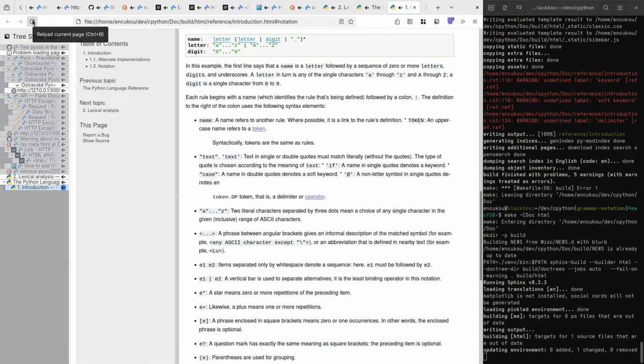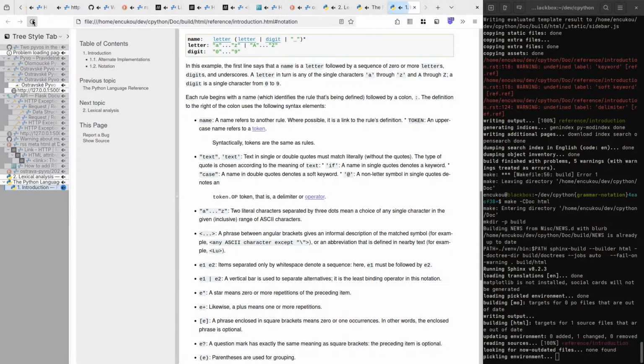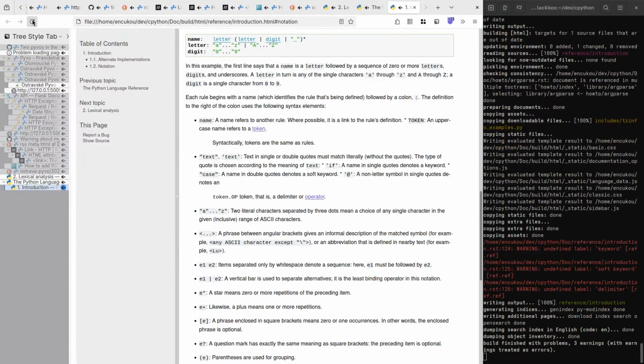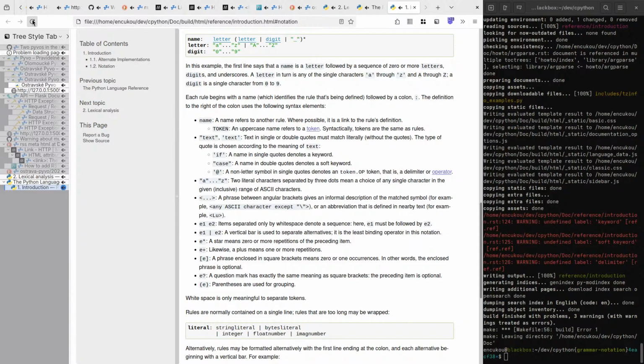Oh, that was updating the environment. Pickling the environment. Ah, there we go. That's better. Syntactically, tokens are the same as rules. No, syntactically, I guess, for the purposes of the grammar, maybe?